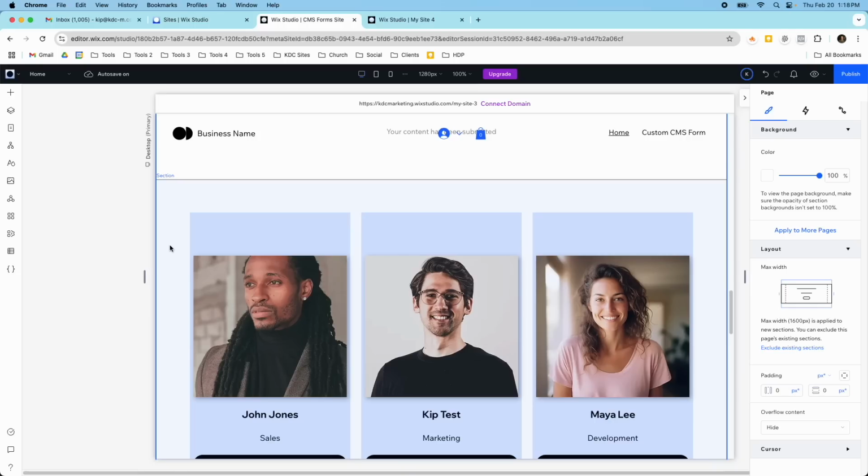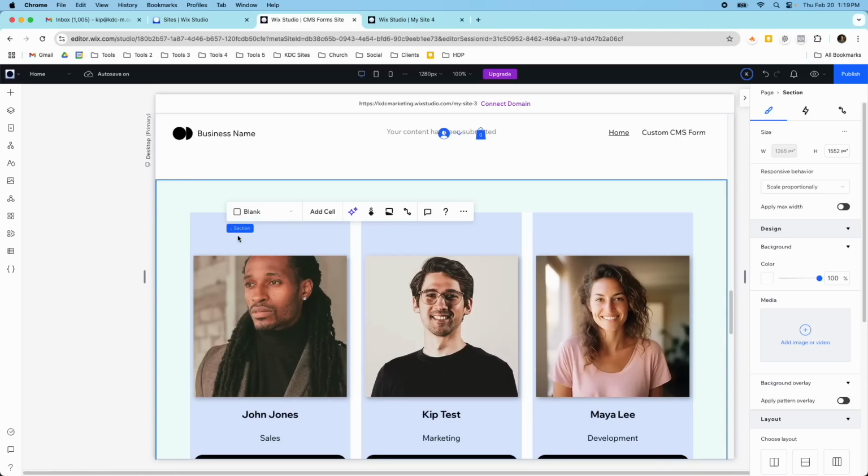In today's video I want to show you how you can add filters to your datasets, to your CMS collections, so that you can show different items on different pages. So this is my CMS dataset here. I have a repeater, and inside of that repeater I've connected some dynamic content. And if you're new to dynamic content, it's called Wix CMS. It's just their content management system, and it allows you to create some really cool dynamic content across your